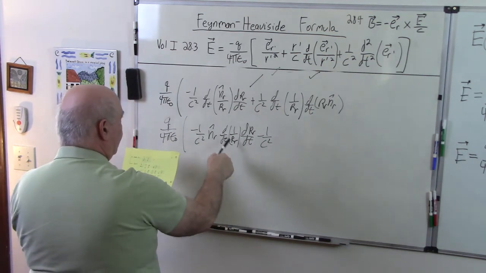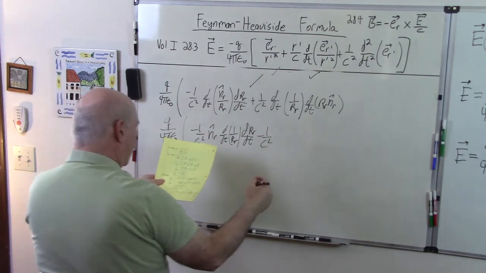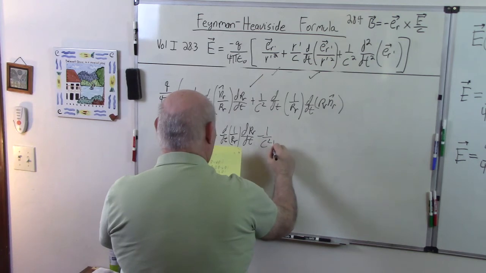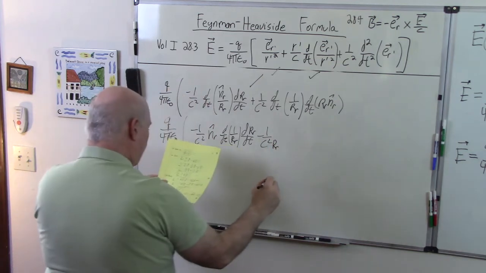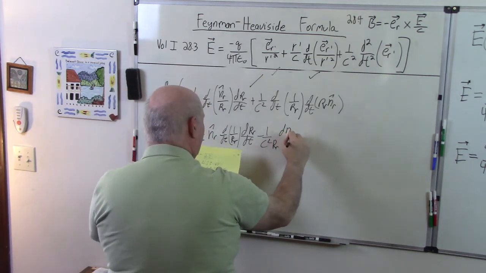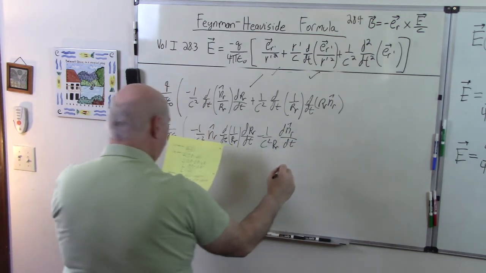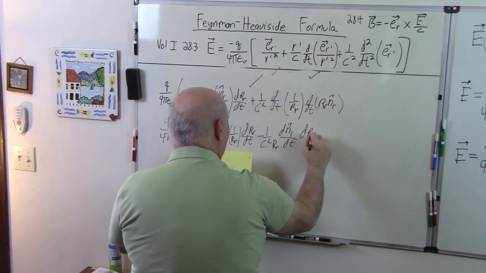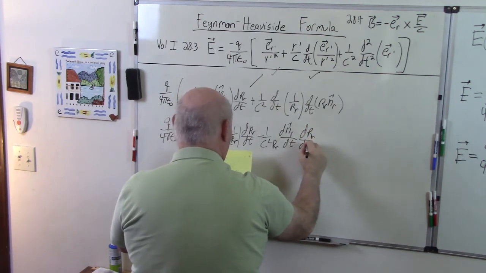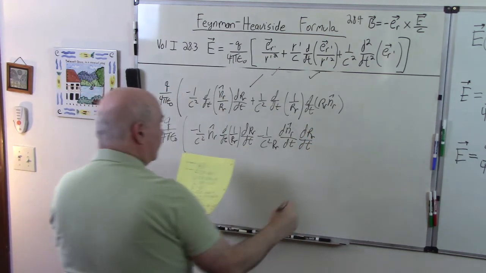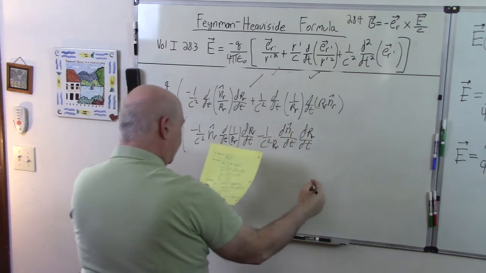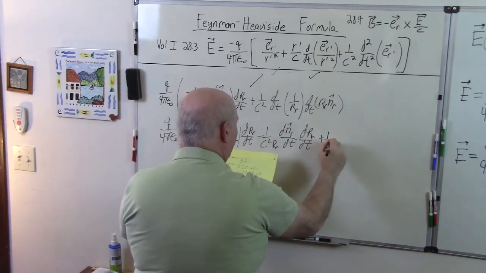So that was the denominator. Now we'll do the numerator. c squared, r_r, dn_r hat/dt, dr_r/dt. Now we'll go to this one over here, plus 1 over c squared,